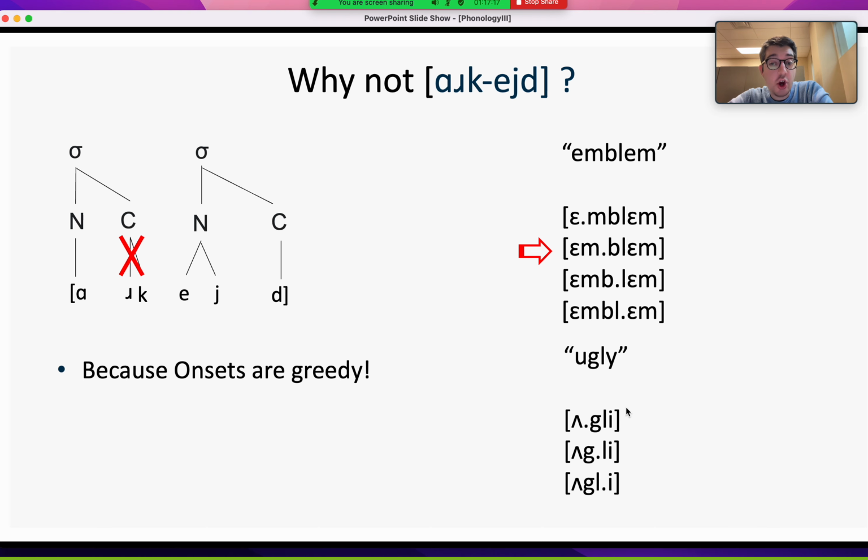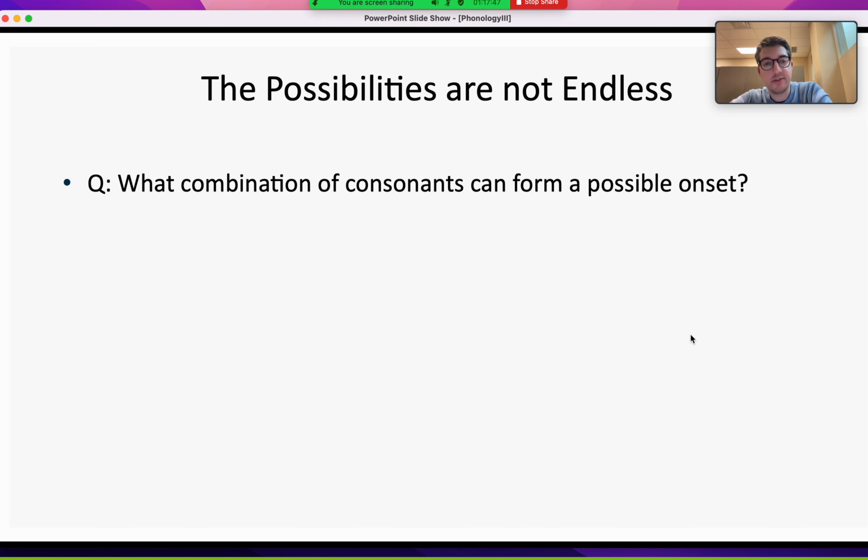In this case, it's an onset, unlike here where it's coda. So the first one satisfies all the rules and all the criteria, and onsets are greedy. It has more onsets than the second one. It should be our winning candidate. And that's how you decide. That's how you know it's not arcade, but it's arcade, right? That's how you will know, not just by following intuition, but by following these phonological rules.